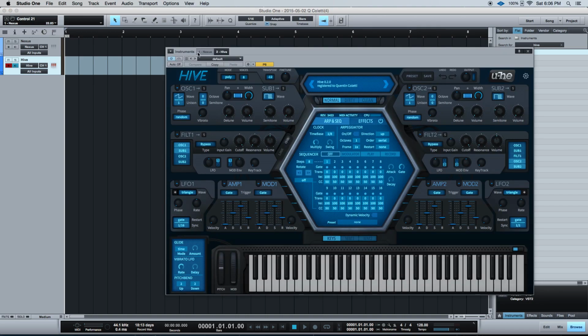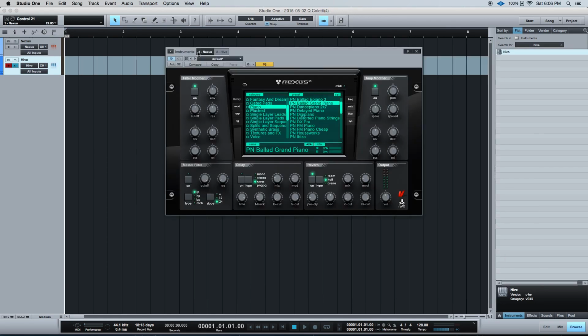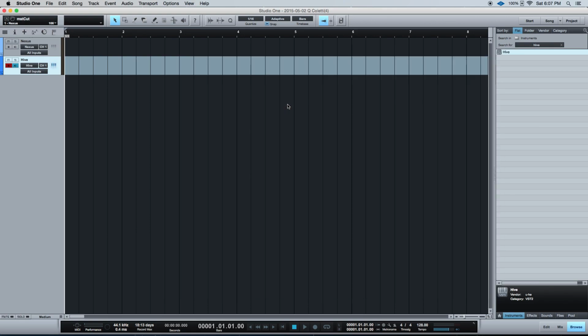I just open my plugin window editor, and I've got a key command to shuffle between these. So let's say I'm on my Hive track, but I want to change the cutoff or the filter, turn on the filter in this case. Change the cutoff of the filter. Not that you're going to want to do that with a grand piano. But anyways, I can do that,